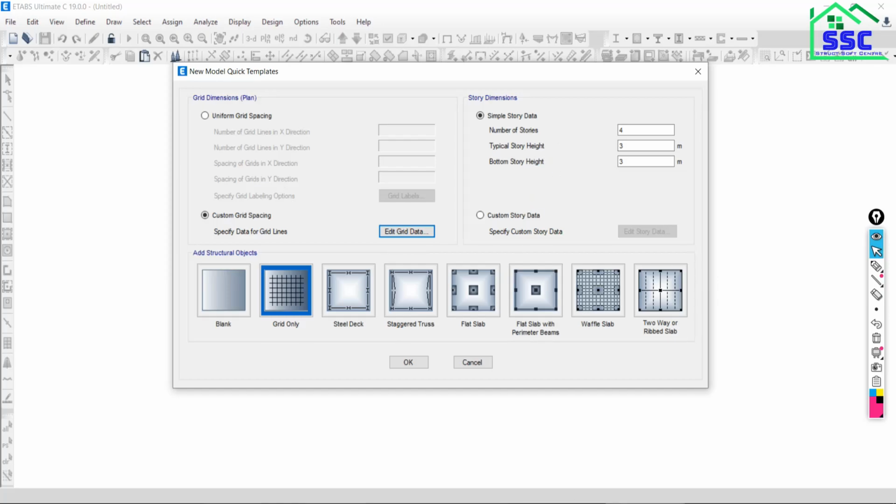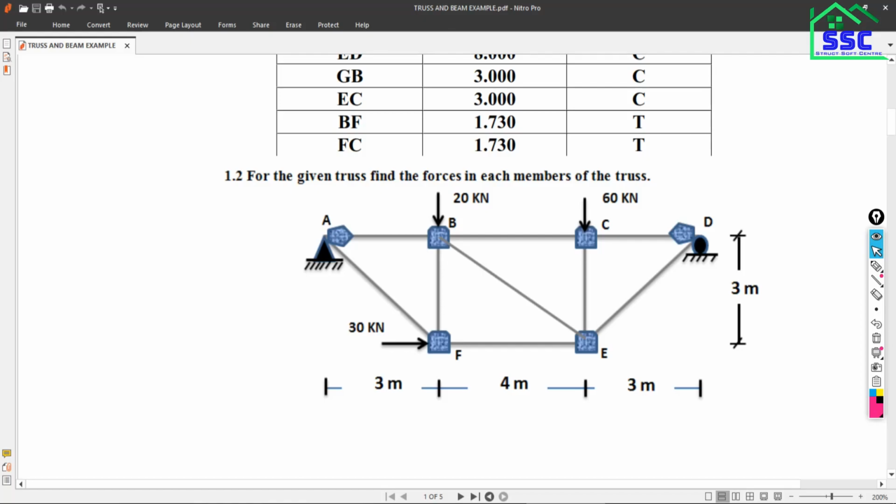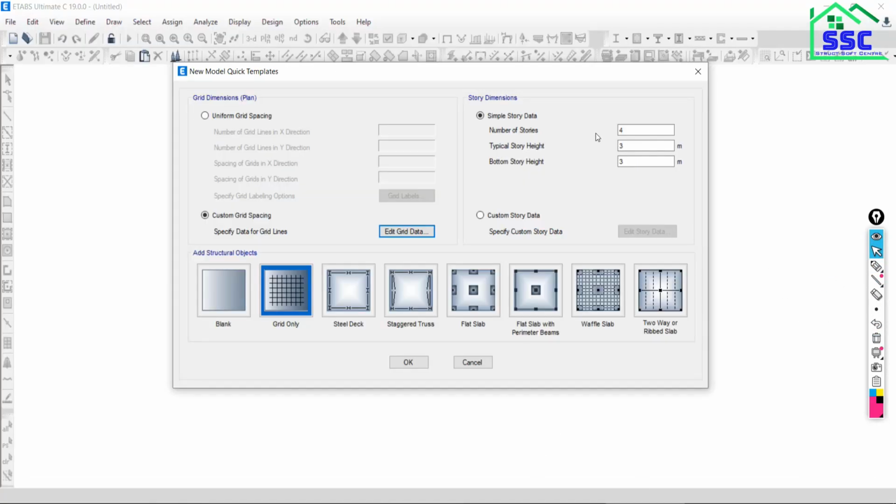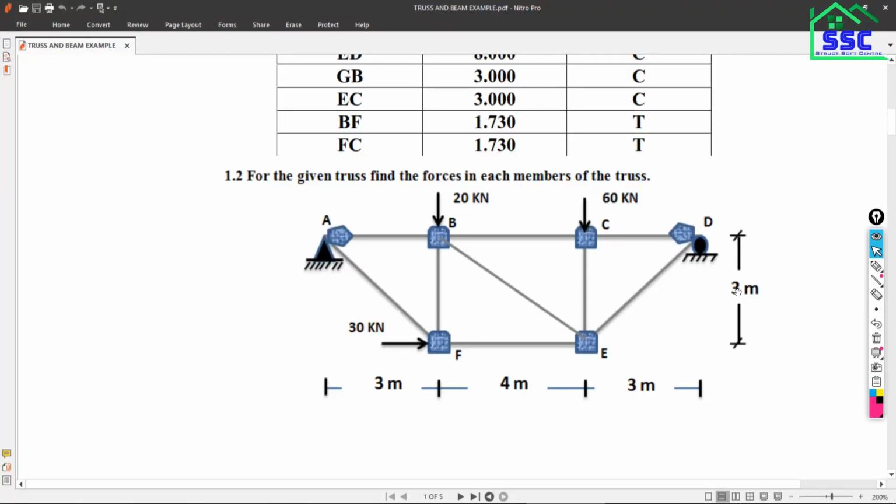Now we have to talk about the height. How many levels will be there? One additional level. Overall, two levels will be there: one is this level and the other is the base level, which ETABS will by default give, so don't consider that one. But anyhow, this level will be there, so only one additional level we have to create. Just clear all this, go back to ETABS and put one number only. And a single height will also be there. What is the height?